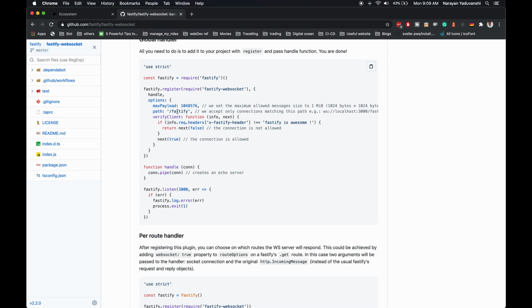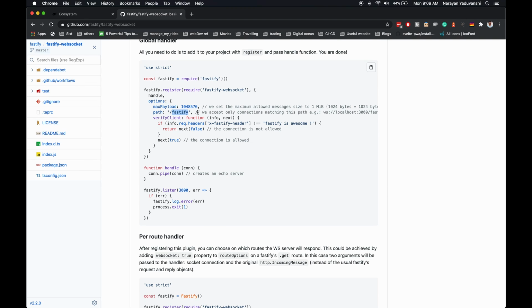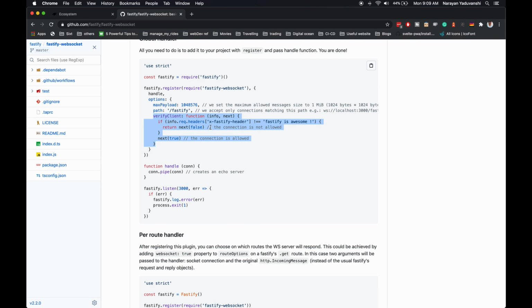The path basically means, do we want to run the WebSockets on the home page, or do we want to listen on a particular URL? This is more like authentication. For now we're not doing it, but it provides the info object. Inside that there is a request, and inside request there are headers. You usually will pass your authorization headers over here, and your token validation should happen here.